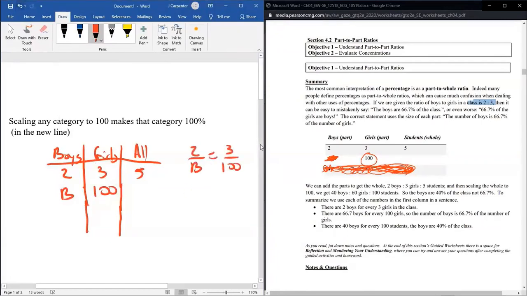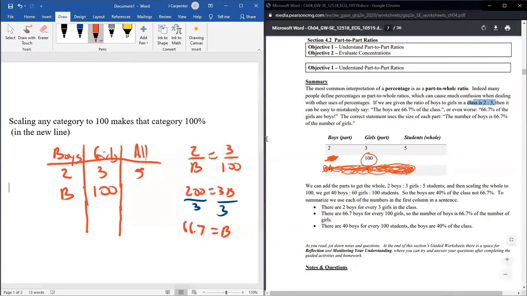Cross multiply, you'll get 200 equals 3b. Divide both sides by 3. And it turns out that 200 divided by 3 is 66.7 if you round to the nearest tenth. So that would be the number of boys. So if there were 100 girls, that says there would be 66.7 boys. Now, yes, we'd probably round that to 67 for context of a small class. If we're talking about tens or hundreds of thousands of students, we would probably use 66.7 because with large numbers, we start allowing decimals of people. It's just a thing.